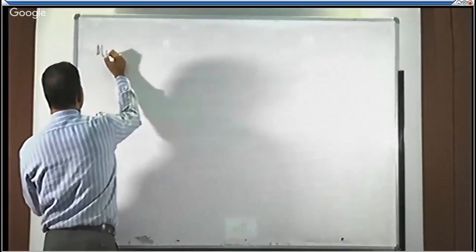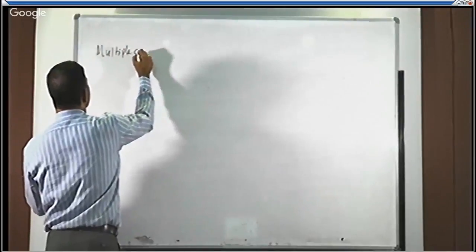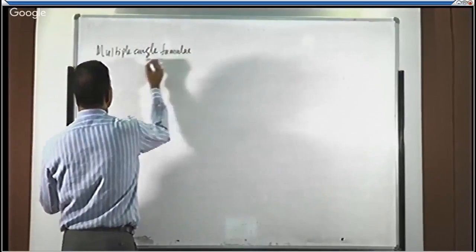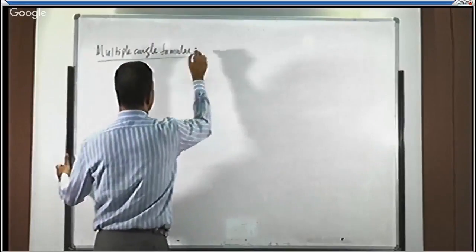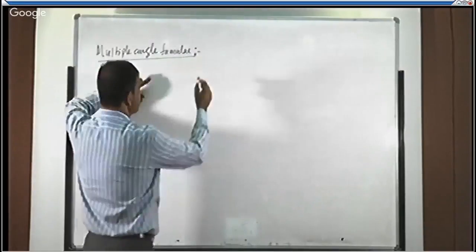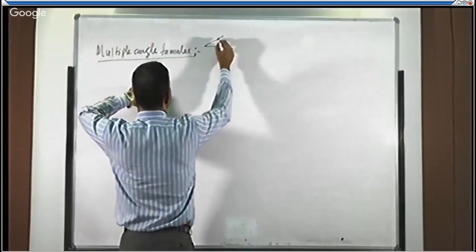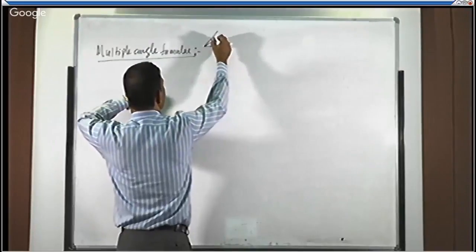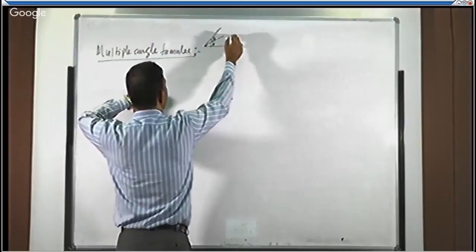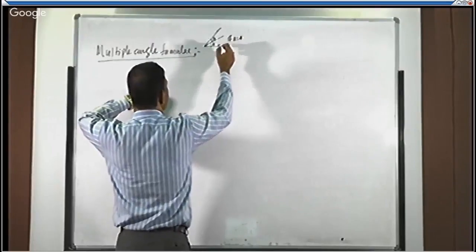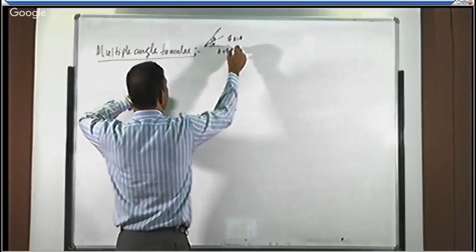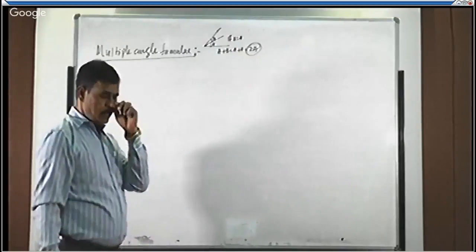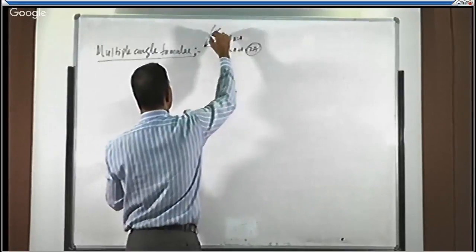Next one, multiple angle formula. Assume that the line vector is rotating. It rotated through an angle A and it is rotated further to make another angle B. Suppose if B is equal to A, then what happens? A plus B is equal to A plus A, which is 2A. Total angle is what? 2A. And further it rotates to make another angle C.